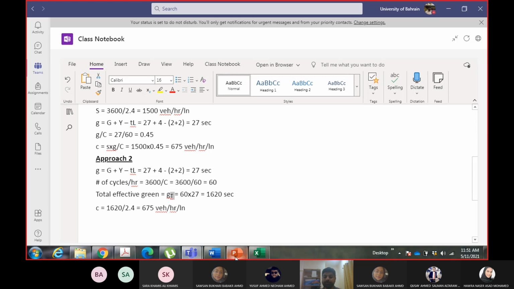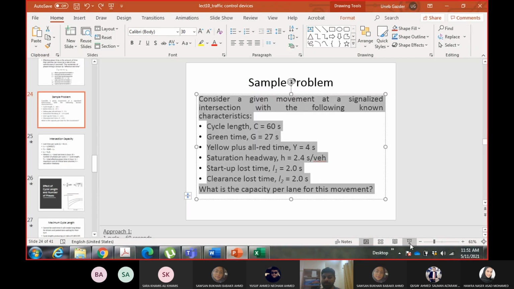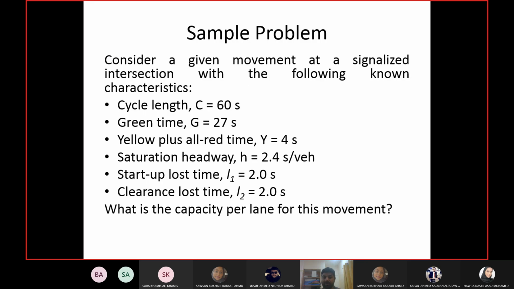Okay, moving on. I will keep on doing these calculations, so if you have any questions, you can ask me. The concepts which I have used in this example will be used in the equations that I'm going to show you afterwards. Many of these things will be used in the equation of delay and capacity and so on.